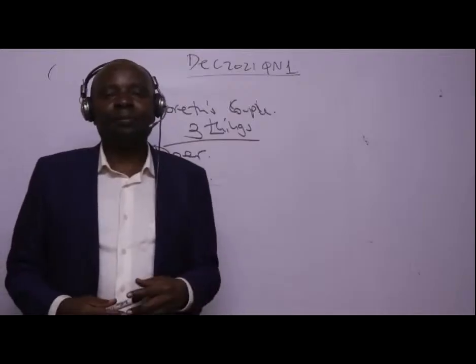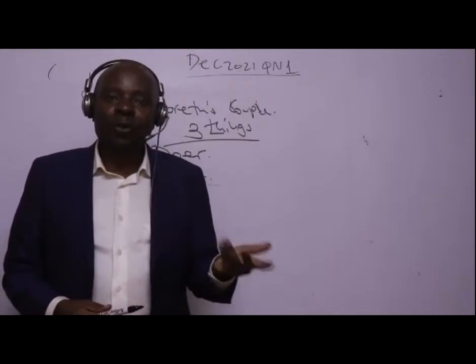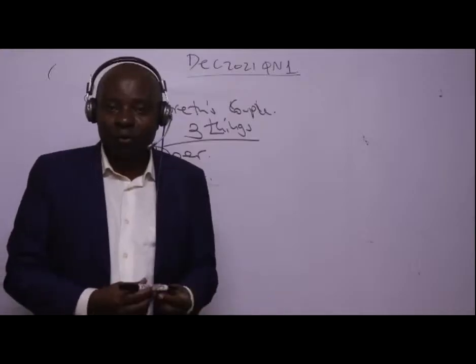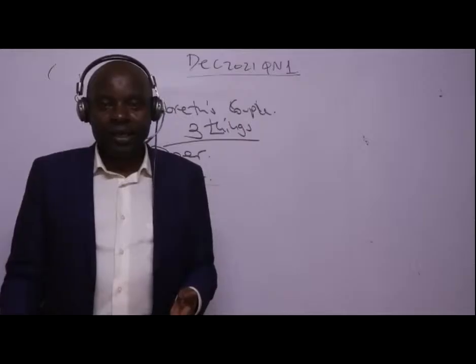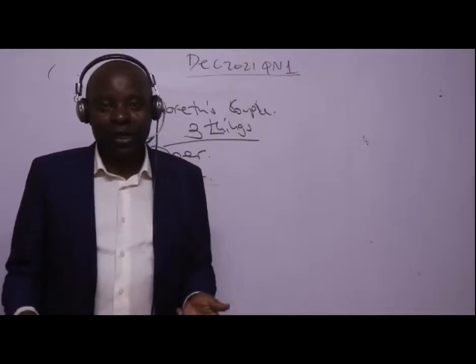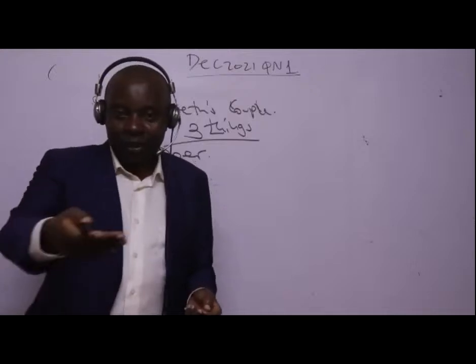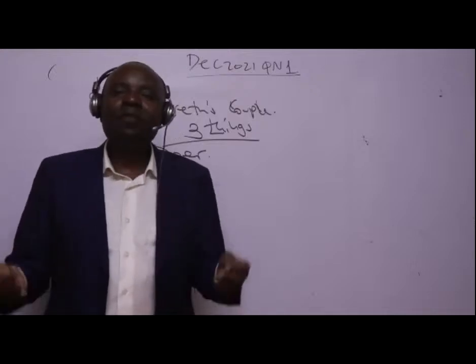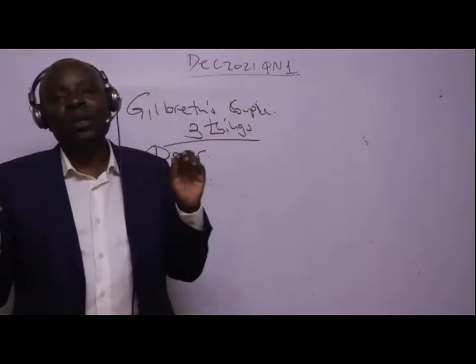Succession planning. Everybody should be able to bequeath the skills that they have to somebody else. We should be able to hand over the baton. We are getting old. Mwalimu Aura will not teach forever. I need to get the Hassans here and whoever I should be able to give the baton to as I retire. So everybody must be a trainer.